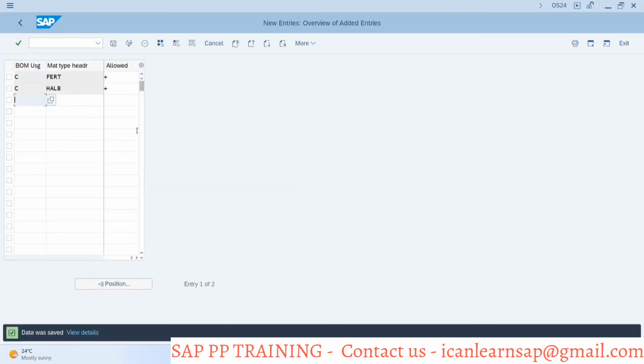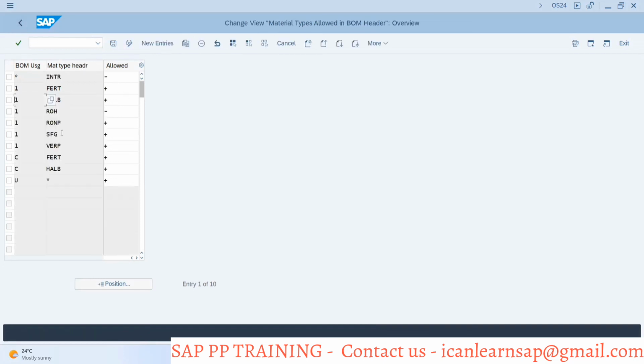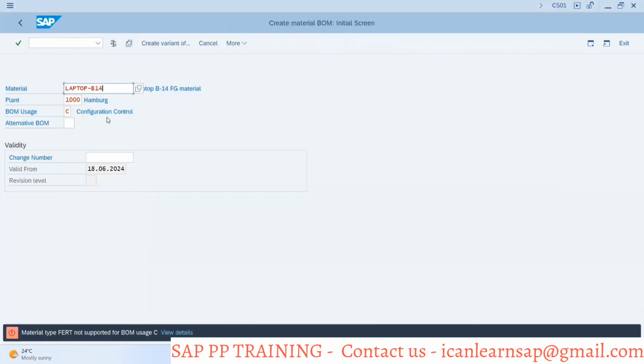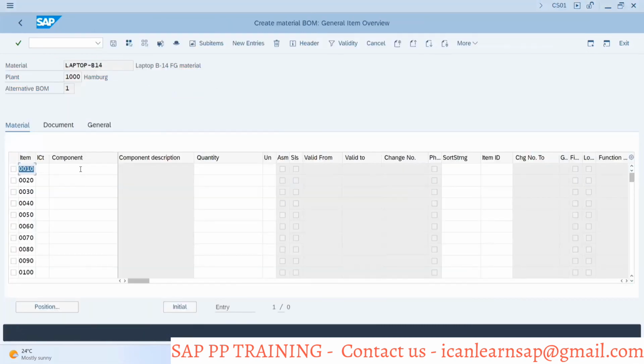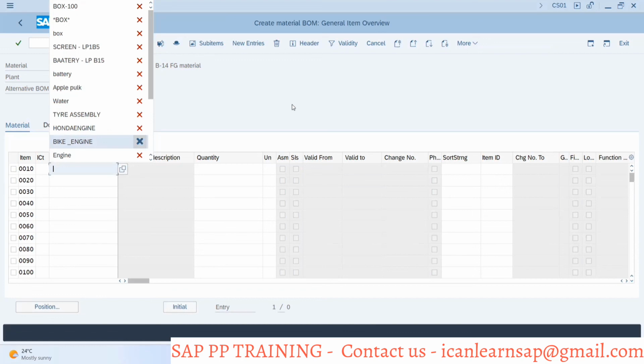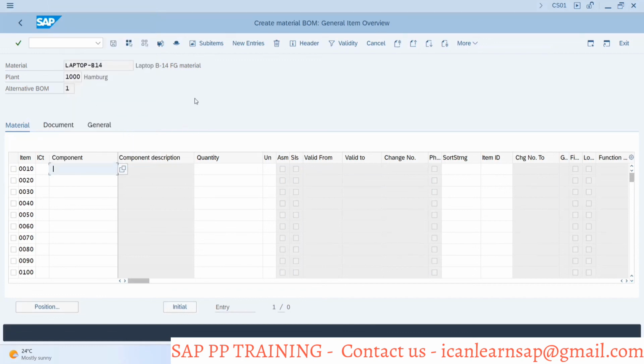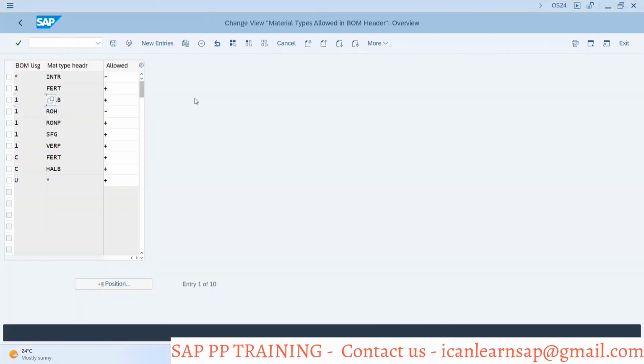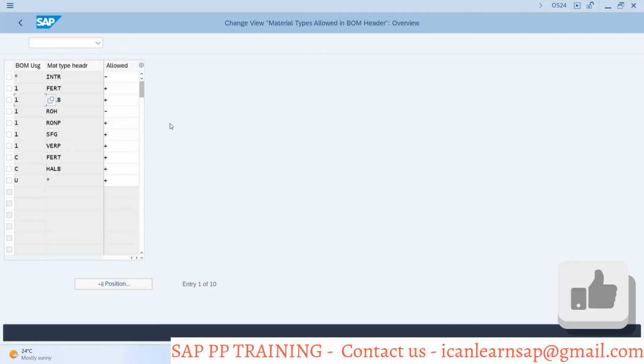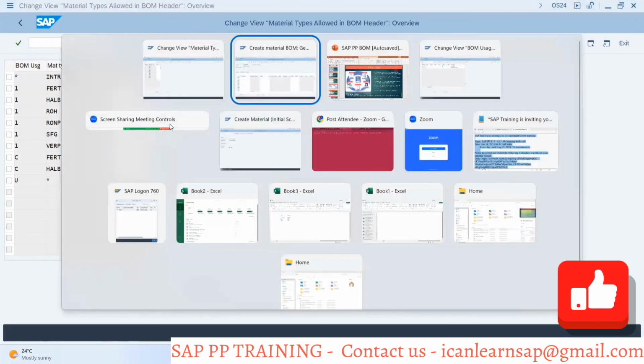Now if you go back one step, you can see that for FERT these materials are allowed. Now if you go over here and press enter again, it will allow you, with the same screen. Even when you are creating, there may be some dependent configuration as well, but this is the only configuration we are supposed to do. If you miss this configuration, the system will throw an error. No worries. I hope it is clear. Yes, it's clear. So now going for